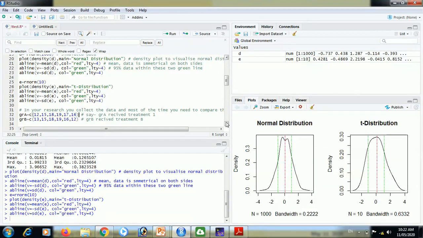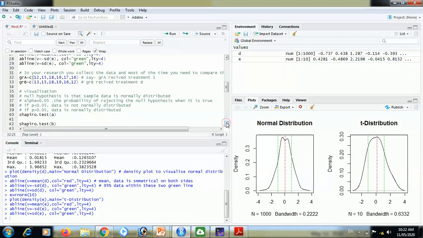For that, if you visualize the data, we will not plot here. I had planned to plot this data, but we will not plot that. If you visualize the data, then we cannot see whether it is normally distributed or not. Therefore, we have to apply a statistical test for that. And that statistical test is Shapiro's test. For Shapiro's test, the null hypothesis is that the sample data is normally distributed.